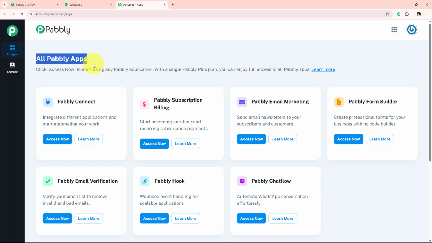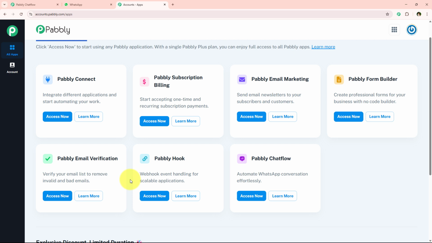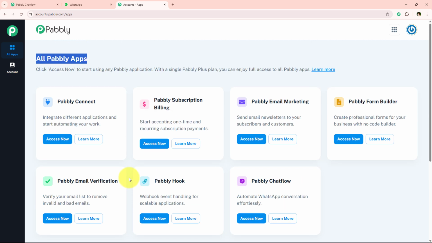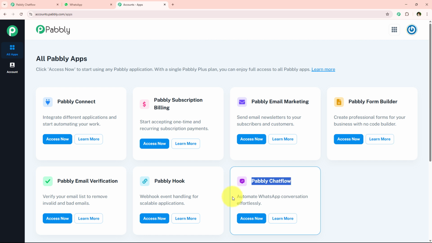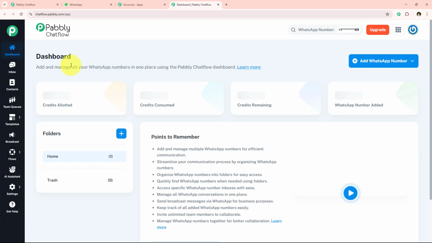And now it is opening all Pabbly apps, and over here you can see all the tools and applications offered by Pabbly. But in today's video, we are going to use Pabbly Chatflow because I want to automate WhatsApp conversations effortlessly. So I'm simply going to click on this Access Now right over here to access my Pabbly Chatflow account. And once I click on this Access Now, it is opening the dashboard of